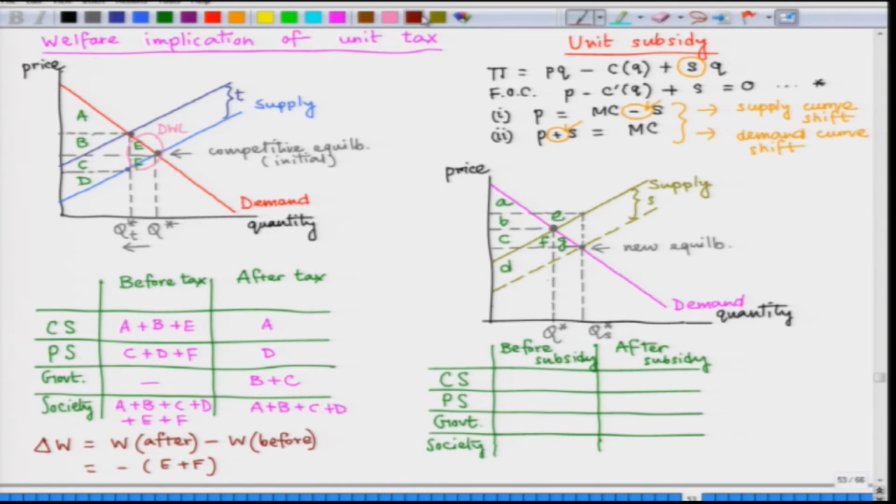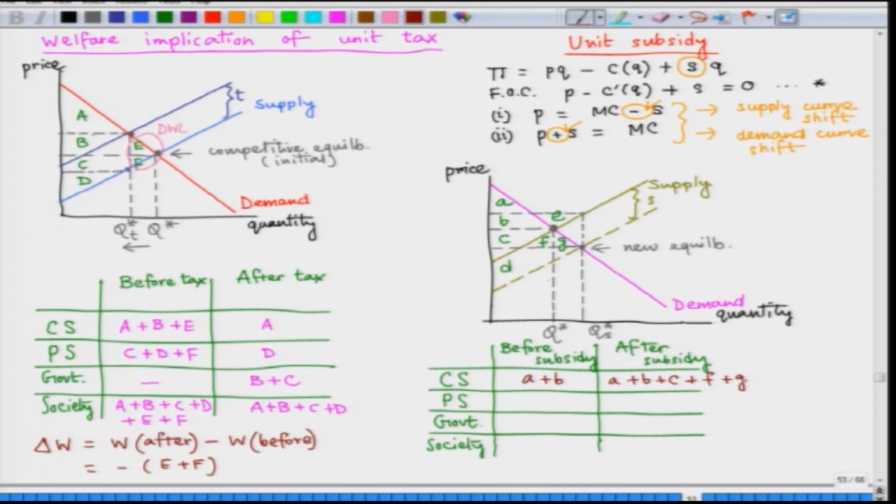Okay. So, here the before subsidy case, the consumer surplus was A plus B, right, and after the subsidy it went up to A plus B plus C plus F plus G,